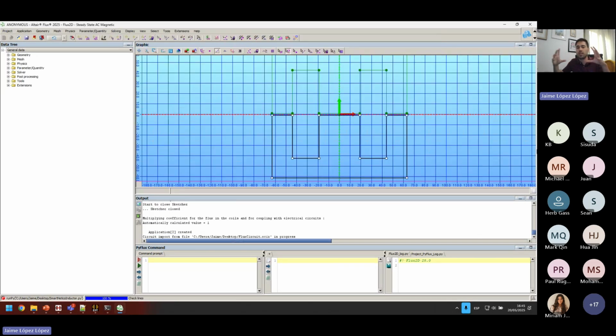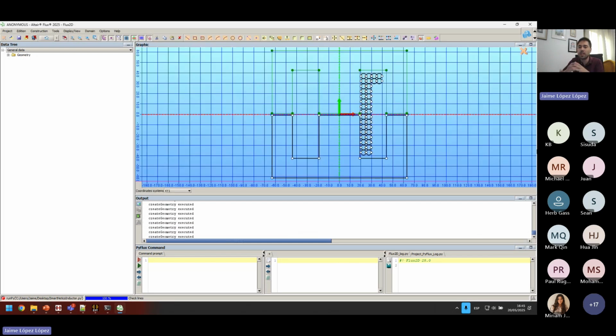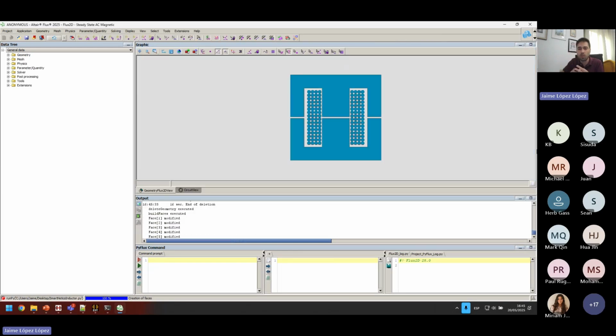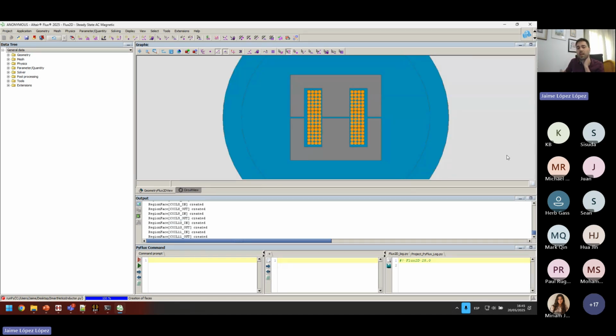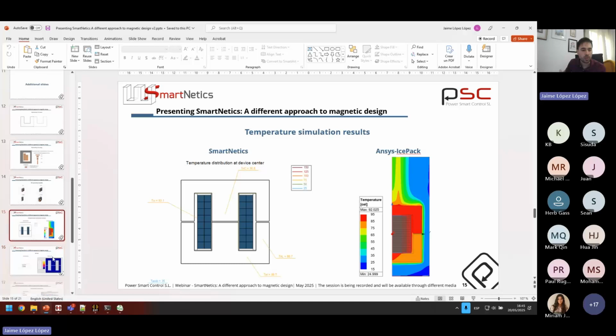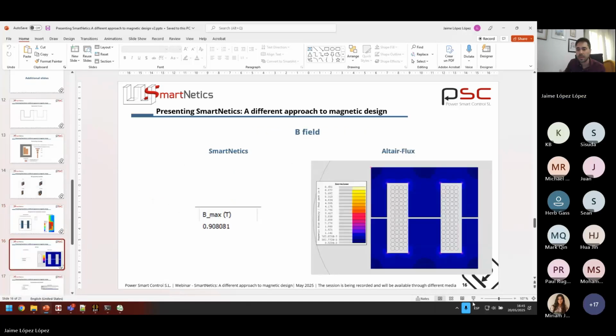And as you can see, the tool takes care automatically of everything. It builds the geometry, it imports the perturbations, it calculates inductance, resistance, the coupling between windings. If it's a transformer, everything is automatically handled by the tool. You don't even, as I was saying, need to know how Flux works. Once again, I'm not going to wait until the simulation stops. I'm just going to show the result.